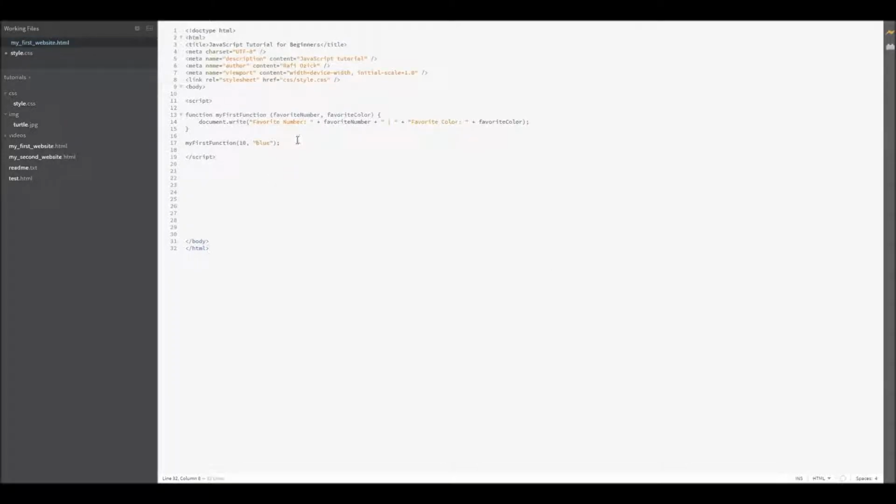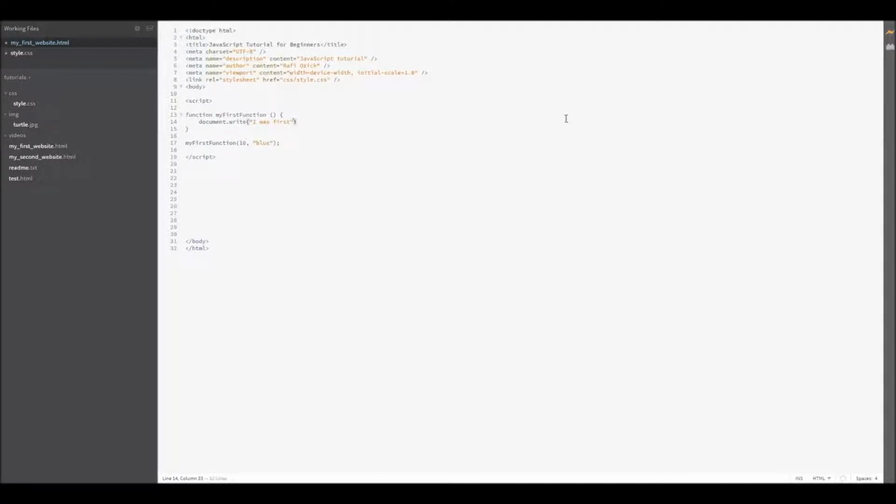In this tutorial we're going to discuss using functions inside of a function, and also I think we should probably get into global and local variables. So we have here our first function, so let's get rid of these parameters, and we'll just say my first function, and we're just going to say document.write